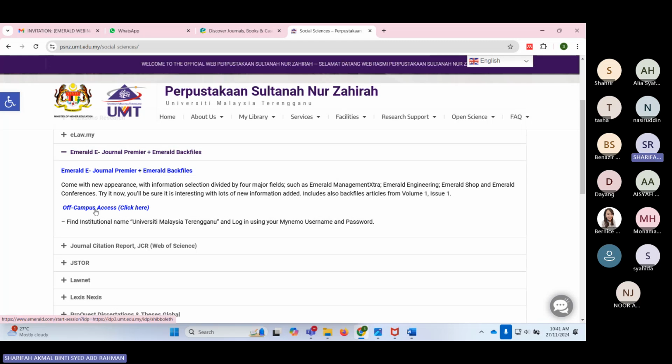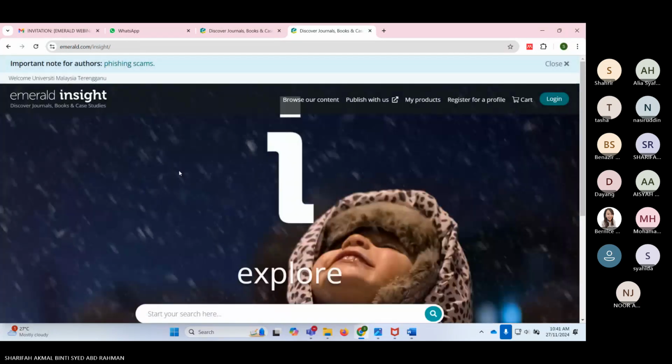And if you are off campus, click off campus access. So there are two options. If you are off campus, you can click off campus access or just click login EasyProxy. Okay, so now we are on the Emerald page.